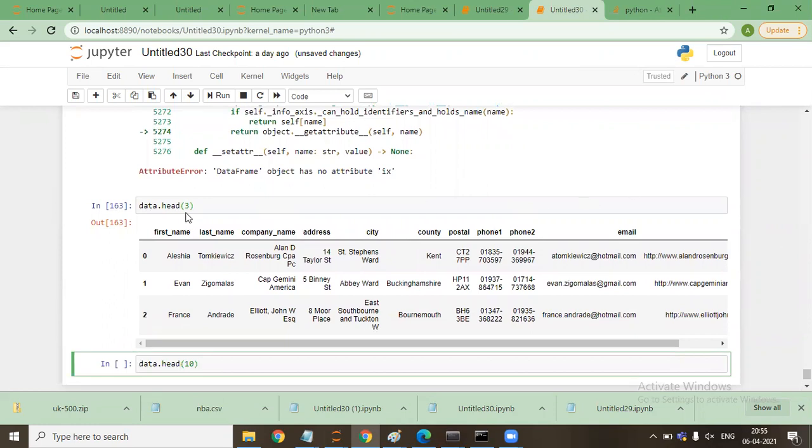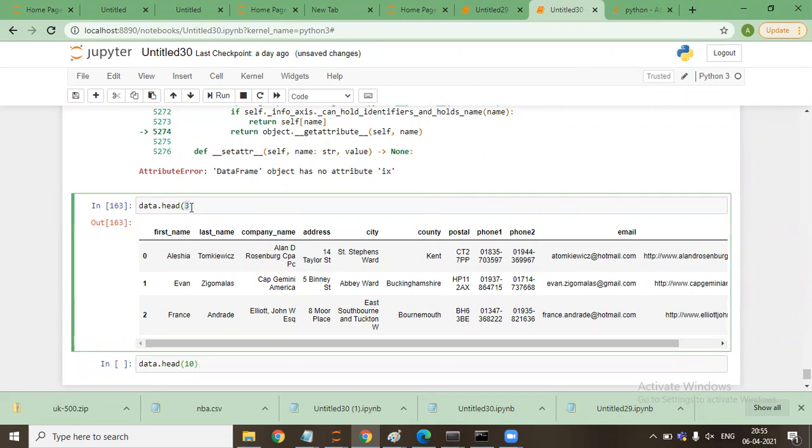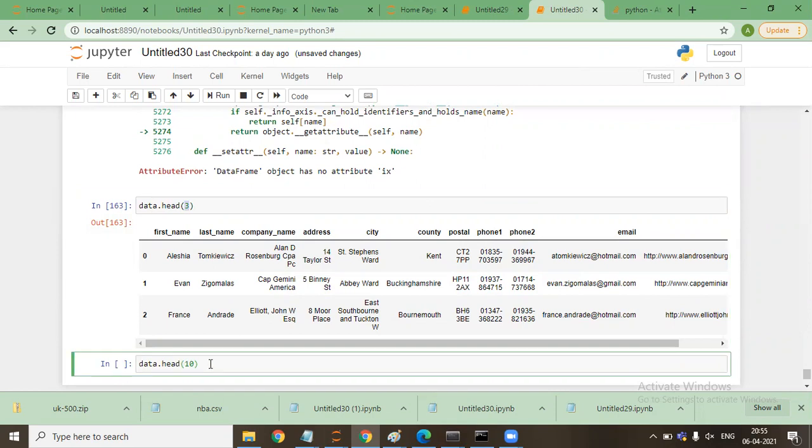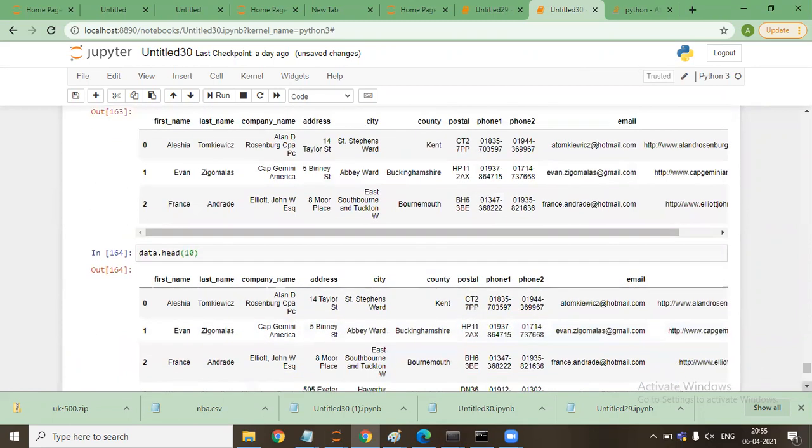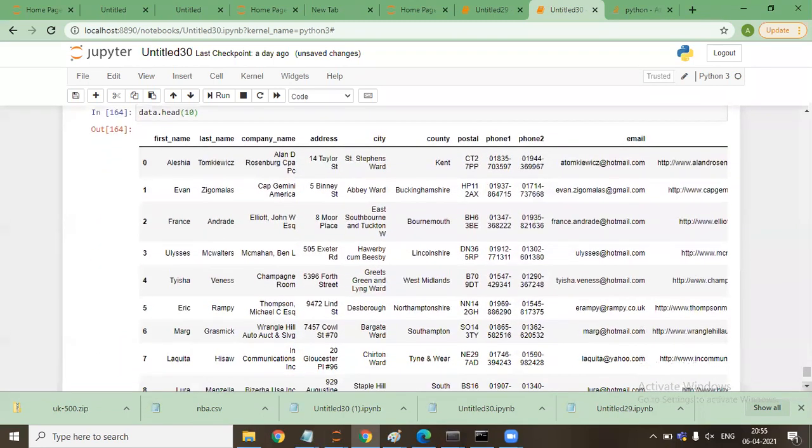Data dot head 3 means 3 rows of the imported CSV file are displayed here. If I say data dot head 10, then 10 lines of the data will be displayed. See these 10 lines. With me? Yes, sir.